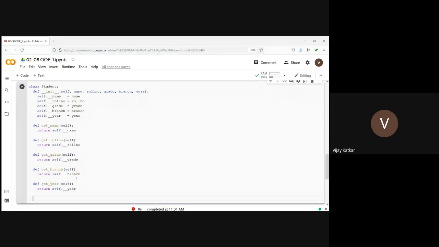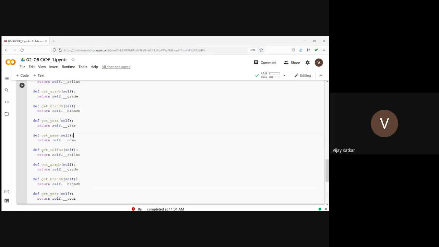So now after get methods, let's go for set methods. Set everything: set name, roll number, grade, branch, and year.